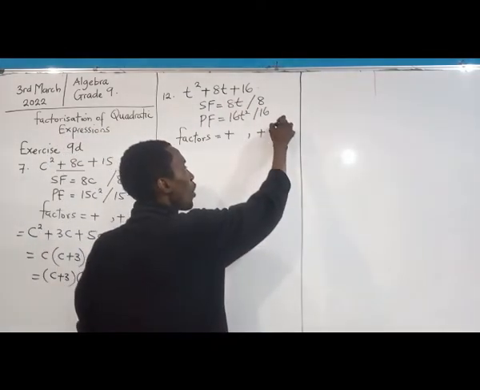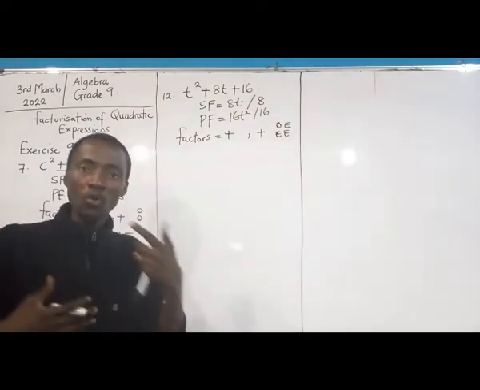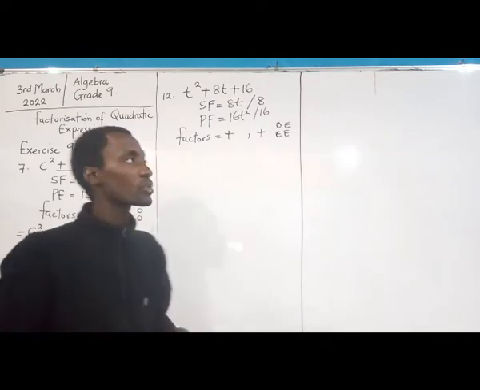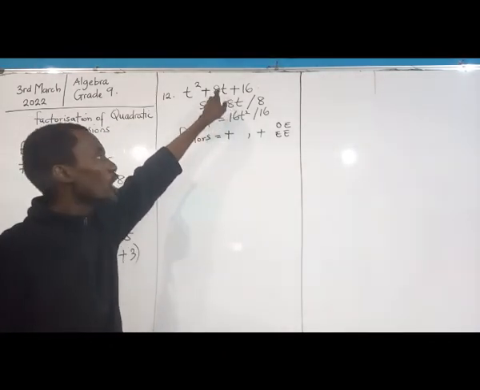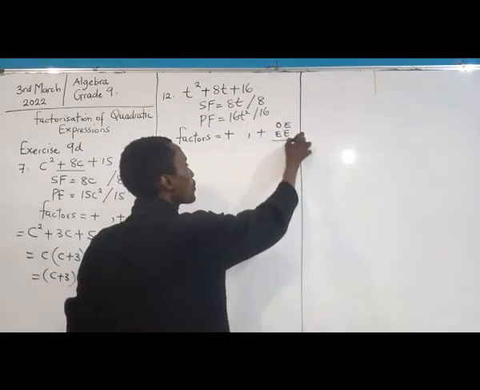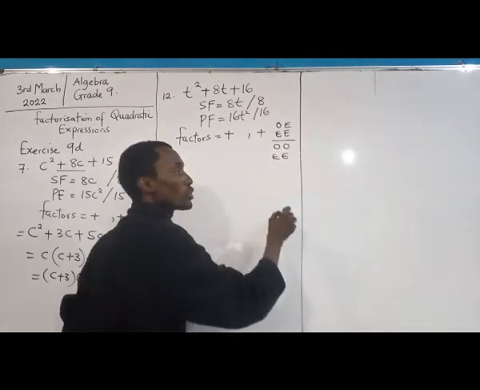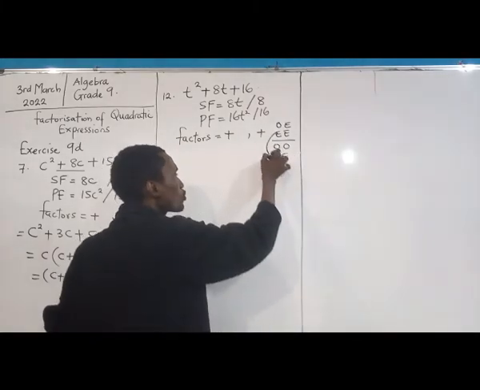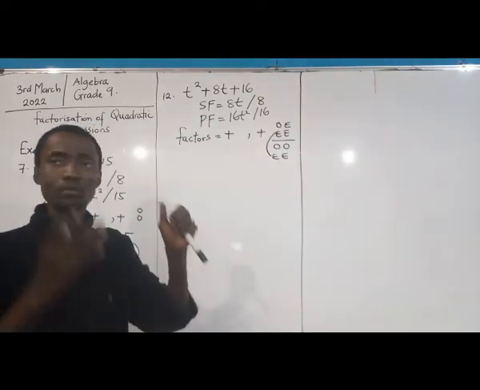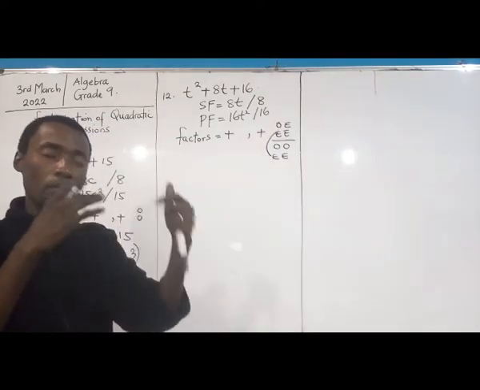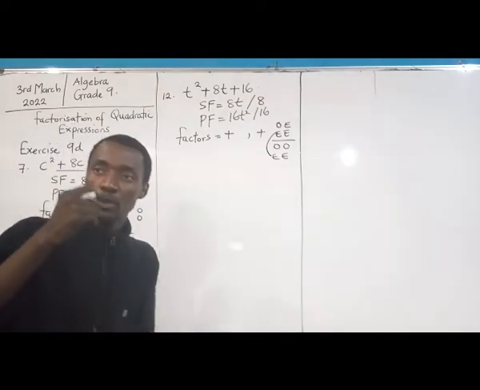It's either odd and even or even and even. Now I need to confirm which one I'm going to use. I come to look at this. This is even. The only way I'm going to get even is if I have odd and odd or even and even. So you discover that these are the two conditions that seem to agree. It means that the two numbers I'm looking for must both be